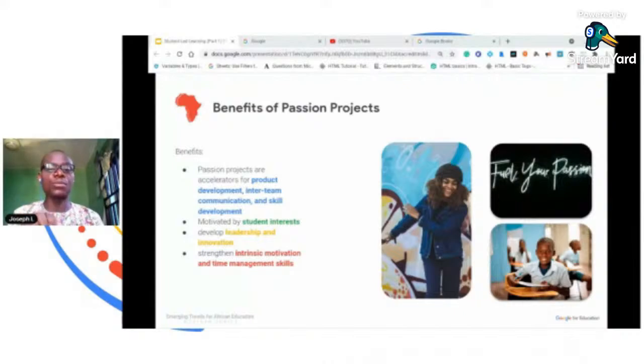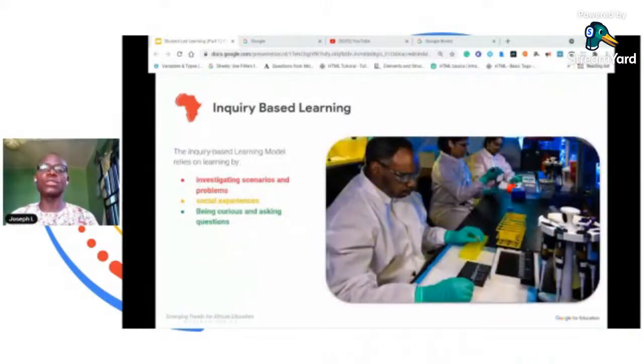In education, passion projects capture the crossover between different fields. They are driven by students' interest and are the perfect tool for growing students' intrinsic motivation, leadership, and innovation.